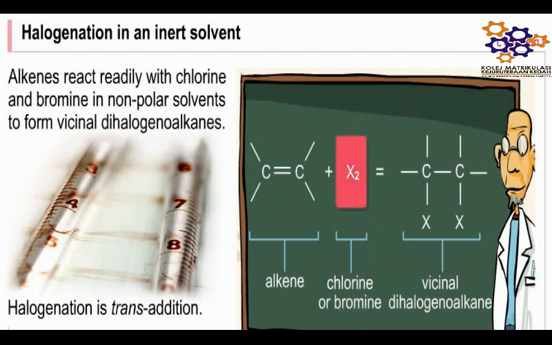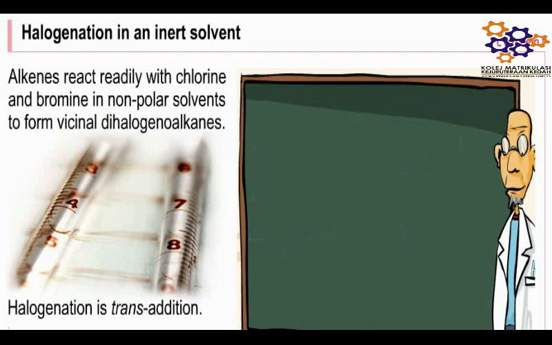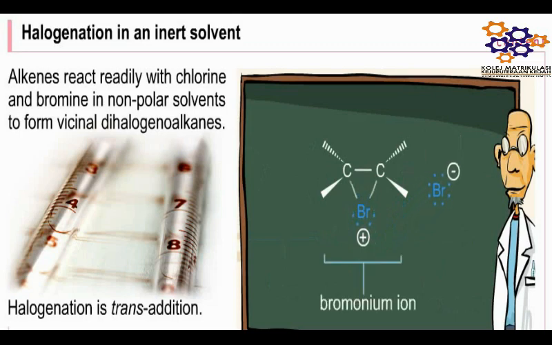When bromine is added dropwise to a solution of an alkene in a non-polar solvent, the dark red color of bromine disappears almost immediately upon contact with the alkene solution. This reaction is so effective that it is used as a test for the presence of a double bond in organic compounds. The mechanism of bromine addition involves the formation of a bromonium ion in the first step of the